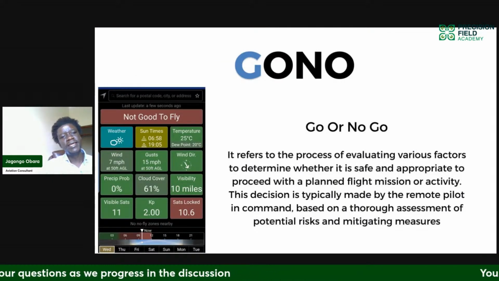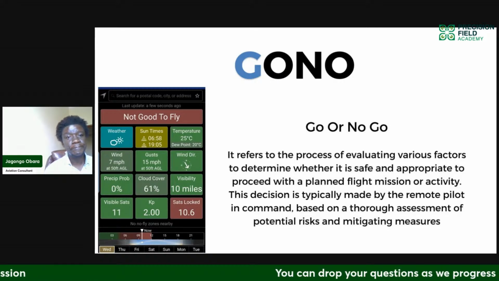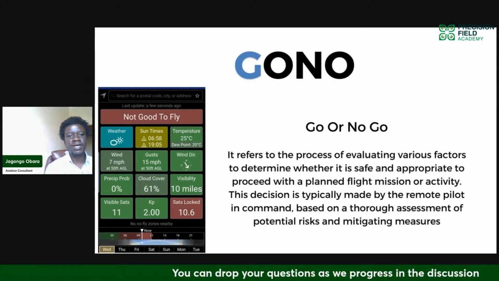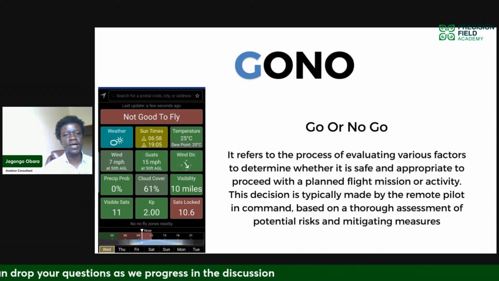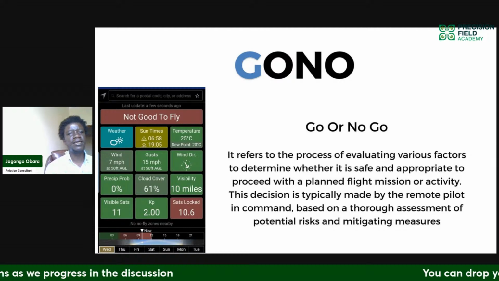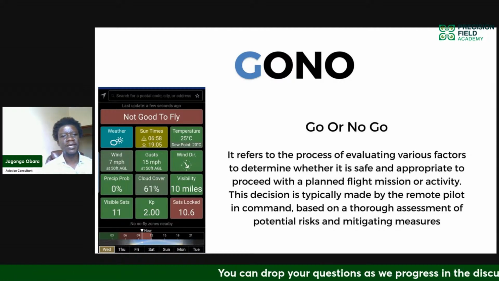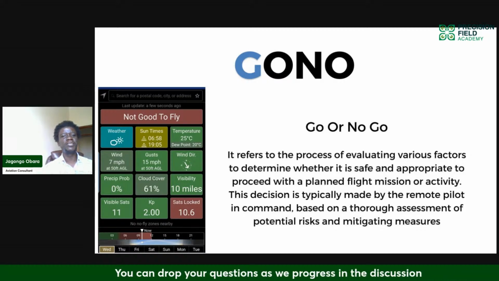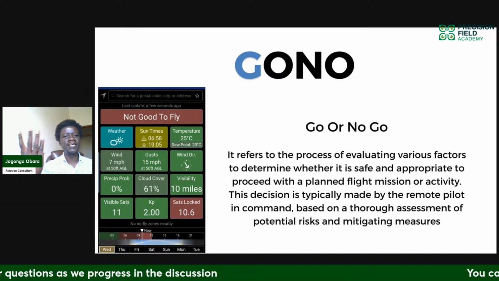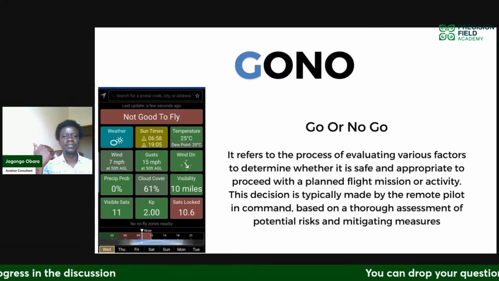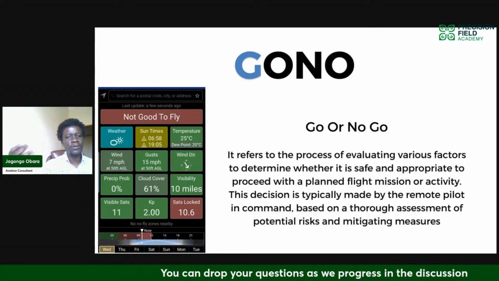And this will lead you to a scenario where we call go or no go. And as you can see from that illustration, this is the weather. Generally, if you are being lazy like me, you probably want to have a look at your weather app, and it will just tell you good to fly or not good to fly. So this is just one of the things that will inform you as a pilot or as a project manager. Is this flight good to go, or is it not good to go?